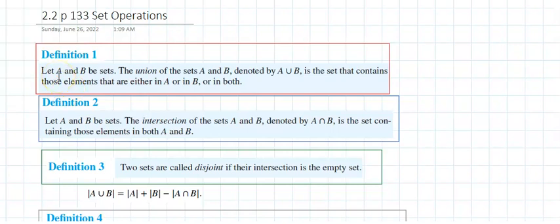2.2, we start off with set operations. We're going to cover in this video about half of the section. So definition 1, let A and B be sets. The union